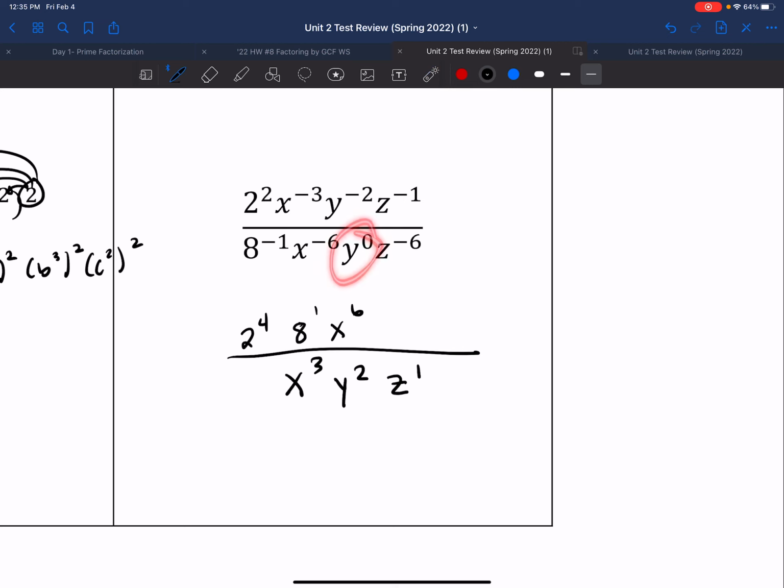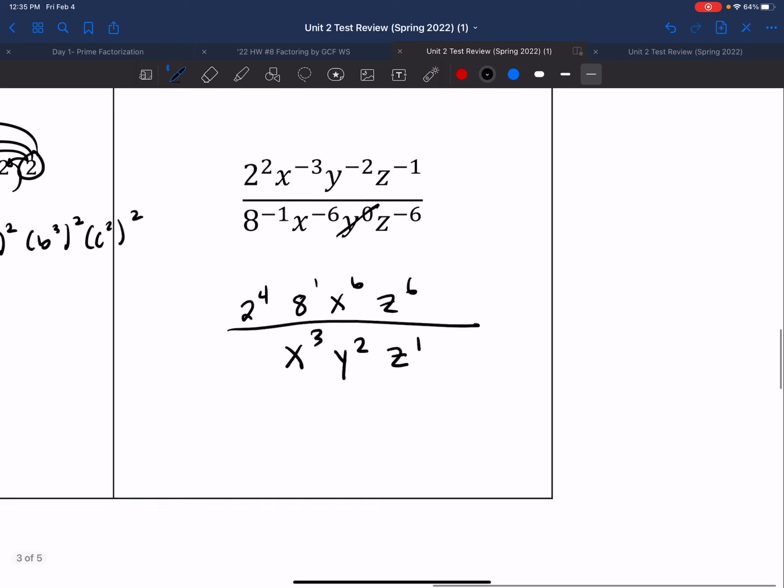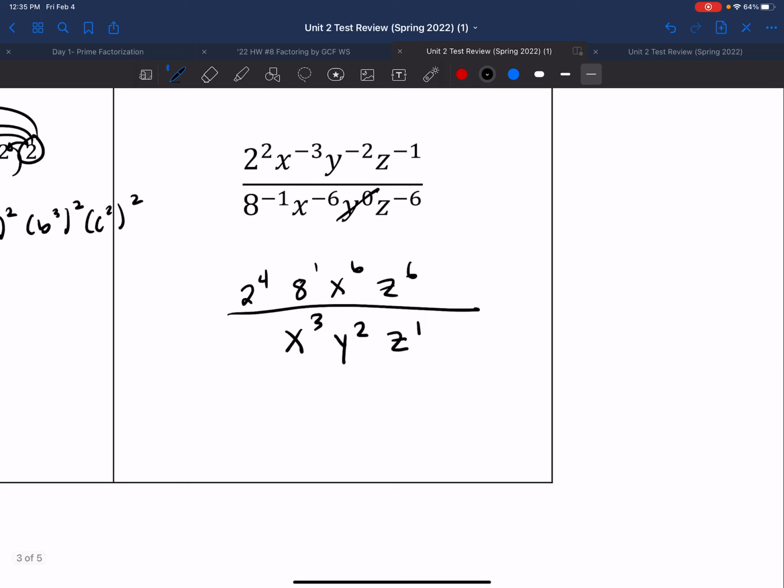Y to the 0 power, that's just 1, so I cancel that out. And then lastly, I'm left with z to the 6th power. I'm going to go ahead and simplify 2 to the 4th power times 8 to the 1st power. So we know that 2 to the 4th power is just 16. 16 times 8 is